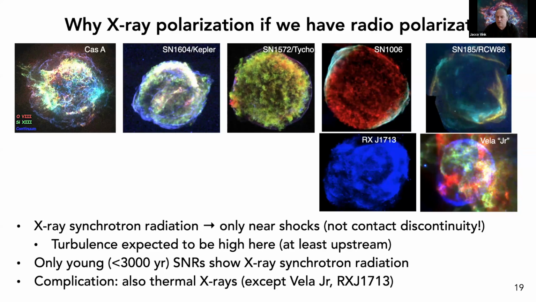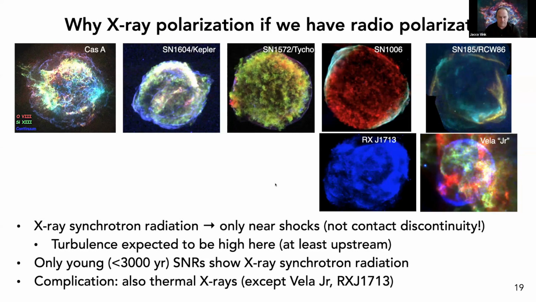There are some exceptions. RX J0713 and Vela Junior, which you see here, only have non-thermal emission above 2 keV. Actually, you see other emission here as well, but it is from the Vela supernova, which is very soft. And in 1006, also at the rims, there's very little thermal emission. But for Cas A and for 1572, we really have to take into account that there is some thermal emission. And whenever we measure polarization, we have to correct for the contamination from thermal X-rays.